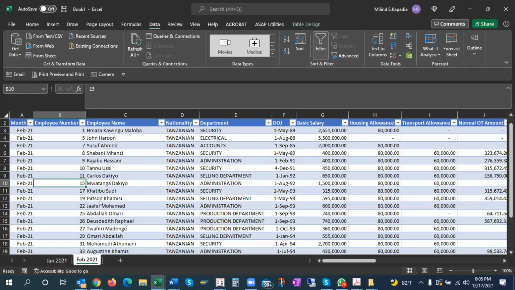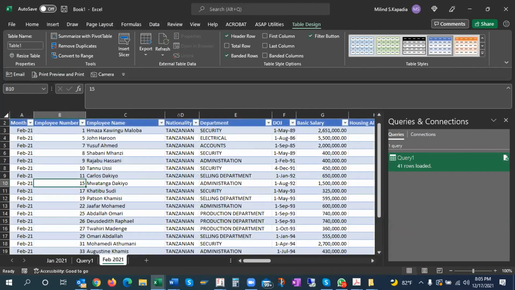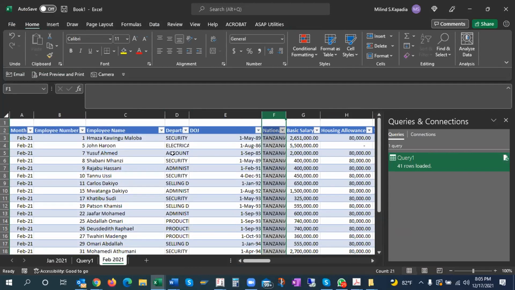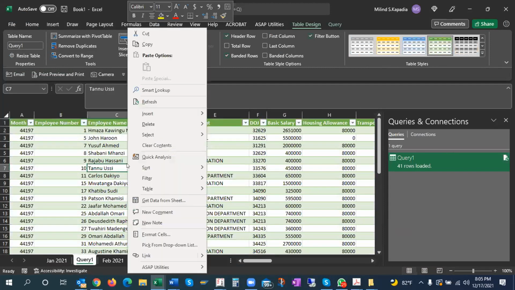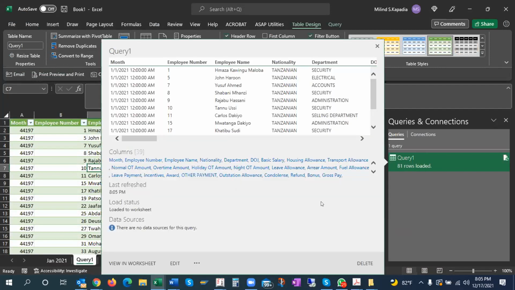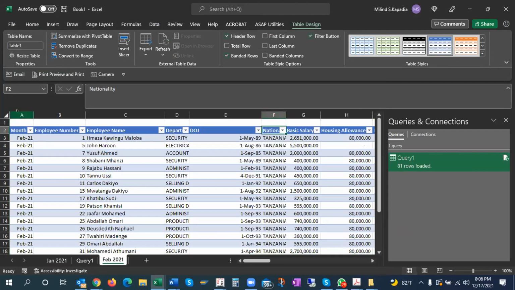Now here another beautiful thing about Power Query is that if I rearrange, I am just shifting this to another place. So it is not in order. Now this one has come at some other place. Then also if I refresh, my query will load because it is recognizing the headers, whether the header is last or the first.